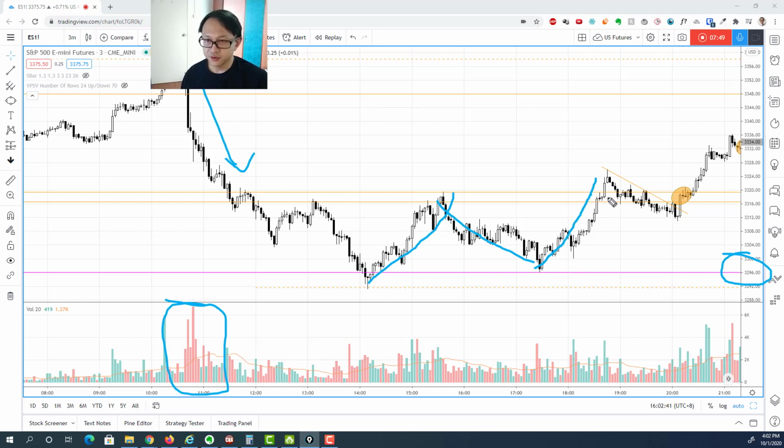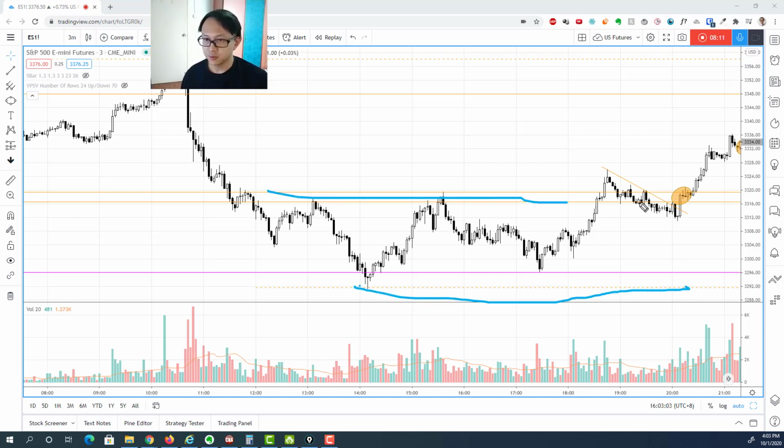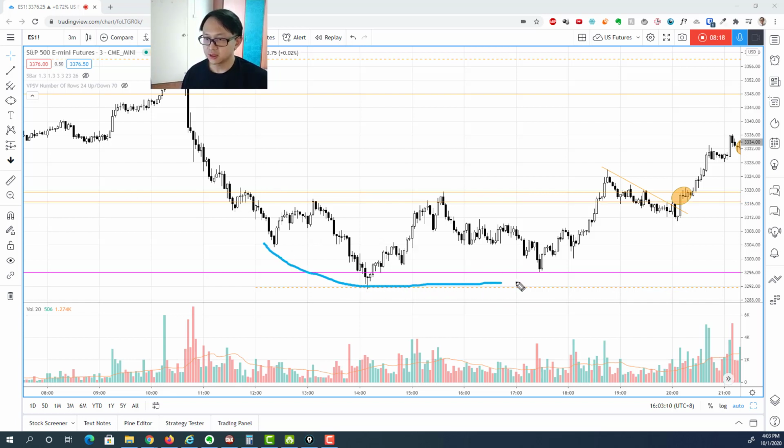And this is the first breakout from this rounding bottom pattern. I'm not sure if you can see it clearly, so let me just draw again. So this is the rounding bottom pattern that I'm talking about. If you do not think it's a rounding bottom, that is okay as well, we can always trade it as just a normal horizontal trading range. That's fine as well. But one thing that they have in common is this kind of high-low